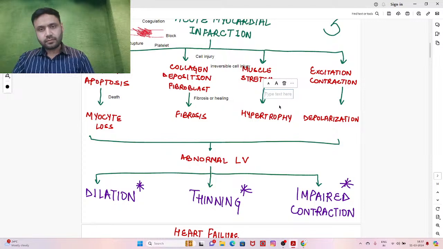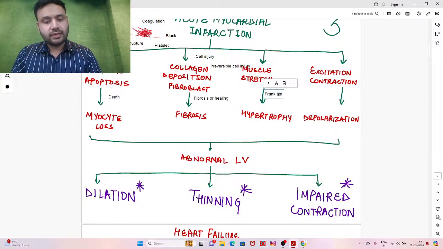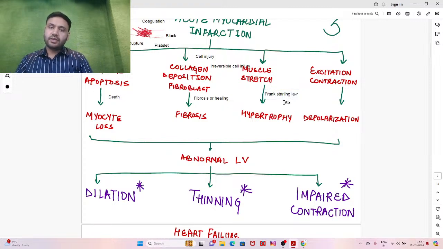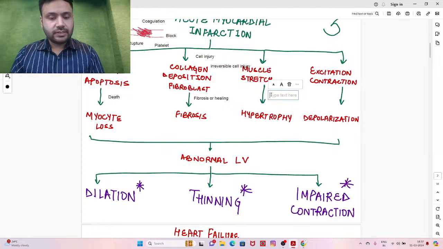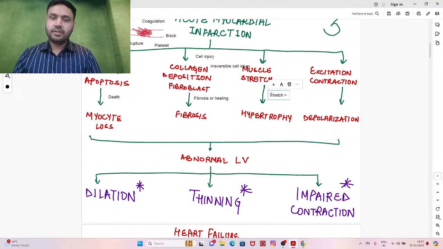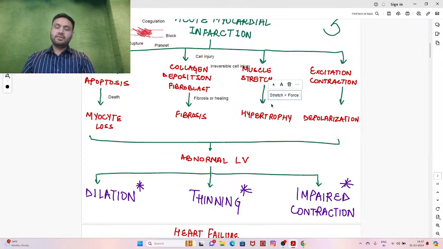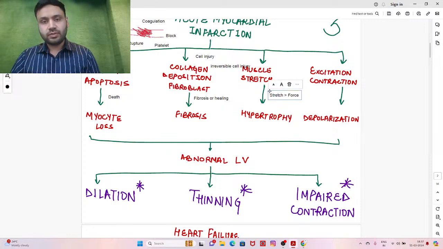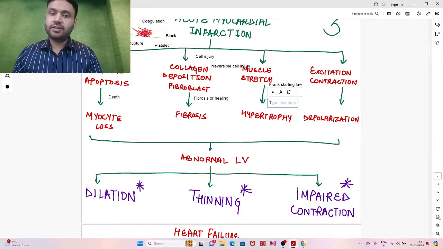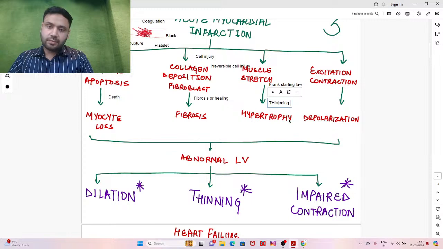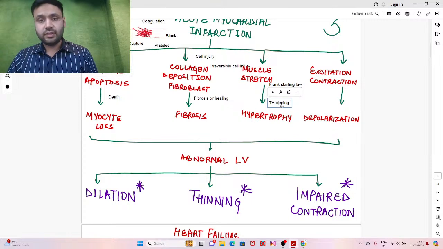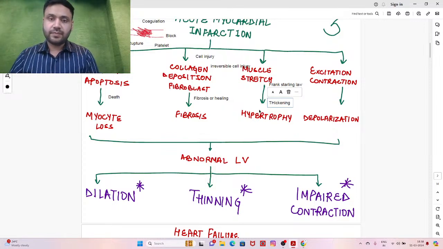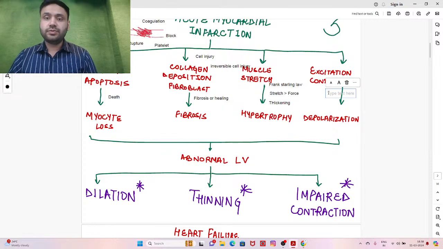तीसरा प्रोसेस क्या होगा इसके बाद? तीसरे प्रोसेस को अंडरस्टैंड करने के लिए हम एक प्रिंसिपल को याद करते हैं। उसको बोलते हैं फ्रैंक स्टार्लिंग लॉ। फ्रैंक स्टार्लिंग लॉ का मतलब है जितना हार्ट मसल स्ट्रेच करेगा उतना फोर्स ऑफ कंट्रैक्शन बढ़ेगा। तो इससे क्या हो सकता है? जब ये चीज़ लंबे अरसे के लिए कंटिन्यू हो जाती है तो इट लीड्स टू थिकनिंग ऑफ हार्ट मसल, जिसको बोलते हैं हाइपरट्रोफी, राइट? तो तीसरा प्रोसेस हमारे पास है हाइपरट्रोफी।